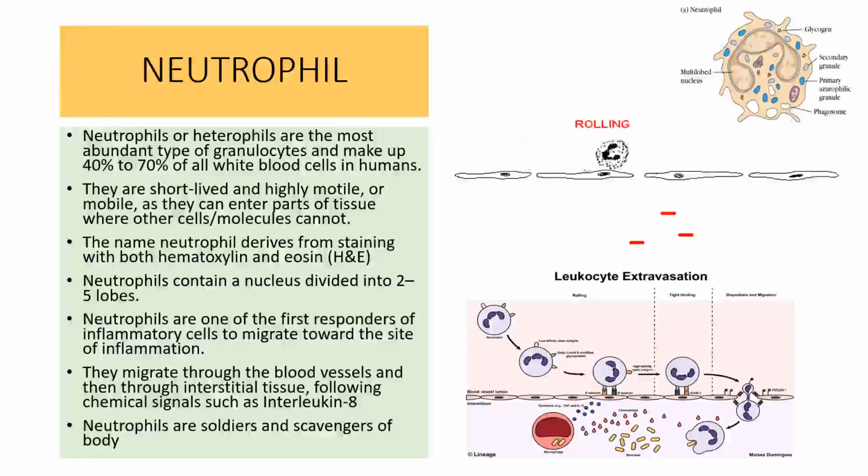That is, this neutrophil comes in contact with the blood vessel, then it is bound with it with the help of interleukin 8. It plays a very important role. Selectin plays a very important role. Then rolling of this neutrophil is there. Then the coming out of this neutrophil through the capillaries is there. This process is known as diapedesis, and it reaches the site of infection where the phagocytosis is there in the case of the neutrophil.